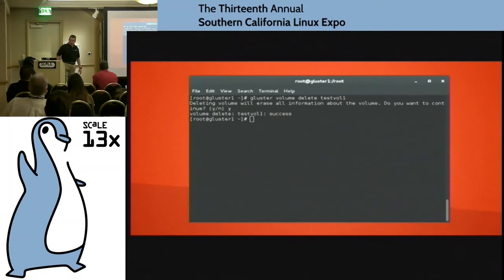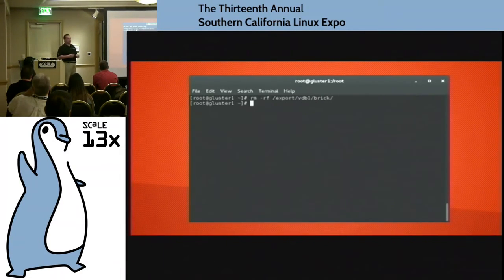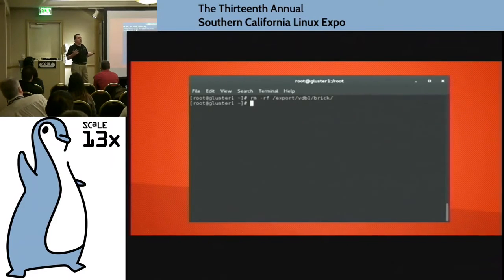So it deletes the volume. Now, what I have found is, like I said, there is actually some metadata that's stored in that directory. I haven't figured out why yet. I'm sure it's documented somewhere; I just haven't found it. But if you try to create another volume on that brick, it'll say, nope, sorry, this brick is already allocated to some other volume. You're like, but I deleted that volume. I fought with the gluster volume remove-brick command, and it wouldn't work and wouldn't work. So finally I was like, you know what? Big hammer, rm -rf, and then you create the directory or put in a new directory structure, and it works just fine.